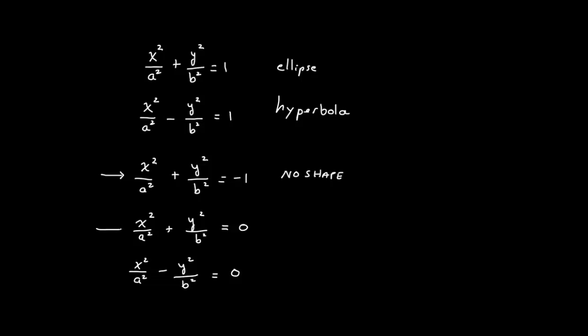How about the next one? x squared plus y squared equals 0. That has a shape. It's a single point. It's the origin. And the last one? Do you know what that shape graphs as? It actually graphs as two intersecting lines. You end up with the absolute value of x equals the absolute value of y, and you get two intersecting